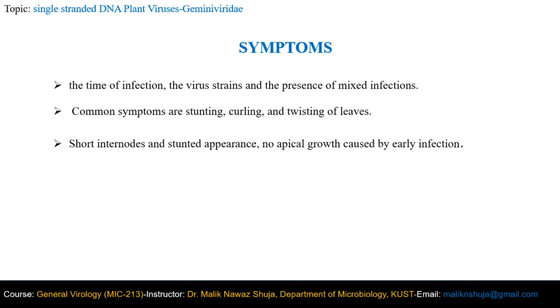Begomoviruses produce specific types of symptoms in different types of plants. For example, it has also been reported that symptoms may be produced by a single virus or may be in the form of mixed infection. Two or more different types of Begomoviruses or strains or variants may be available inside a single plant, or a single plant may be a host of many viruses, or a single virus can infect a wide range of plants. So this is a natural phenomenon.